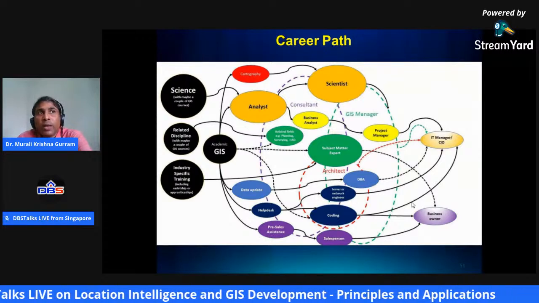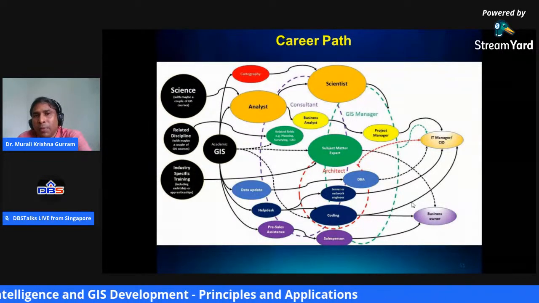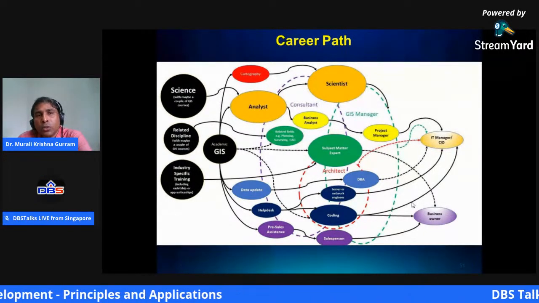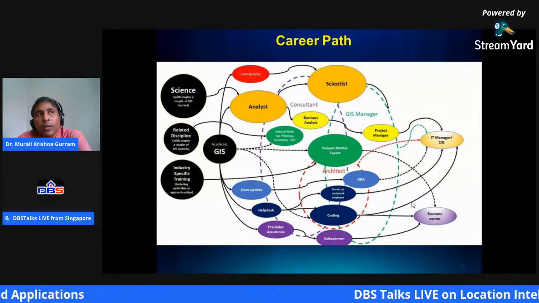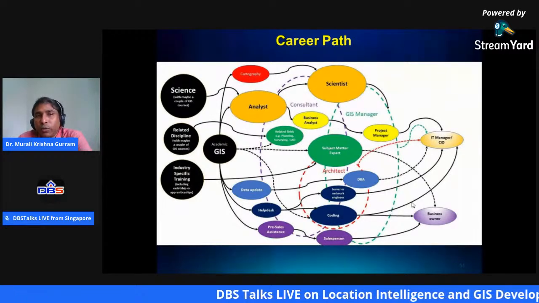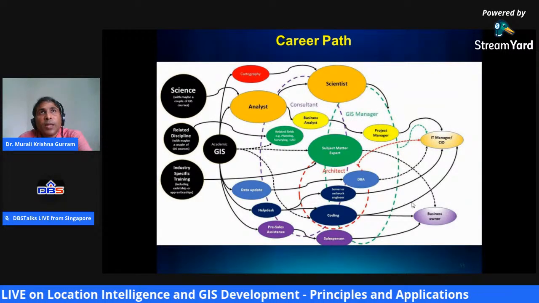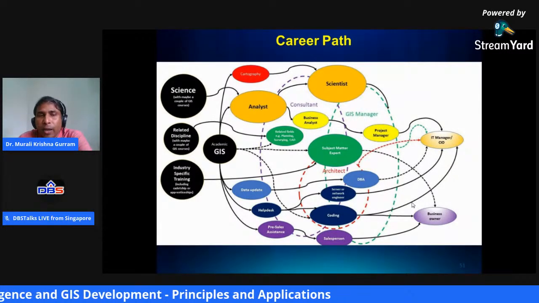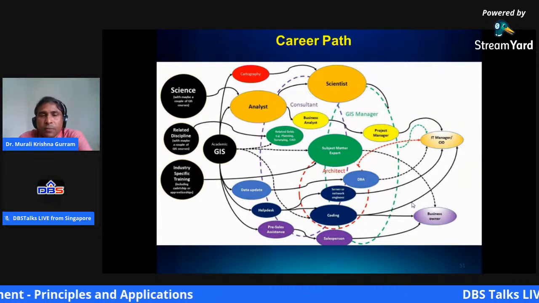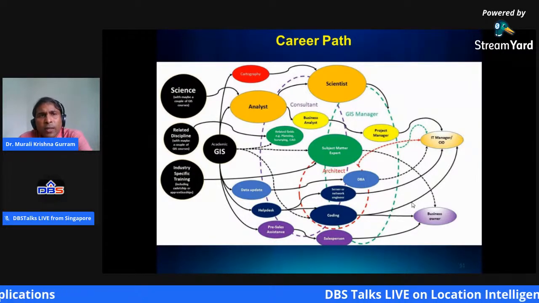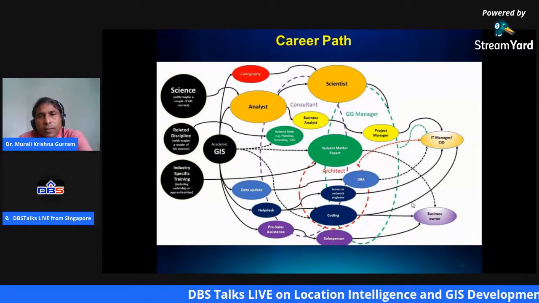With reasoning, you'll become a good analyst. That's very, very essential. And your attitude, as I told you, is very important, which mostly matters. And you need to read a lot and practice. That's very important. With all that, I conclude here.